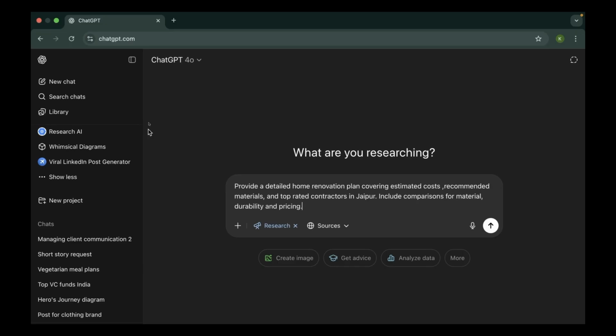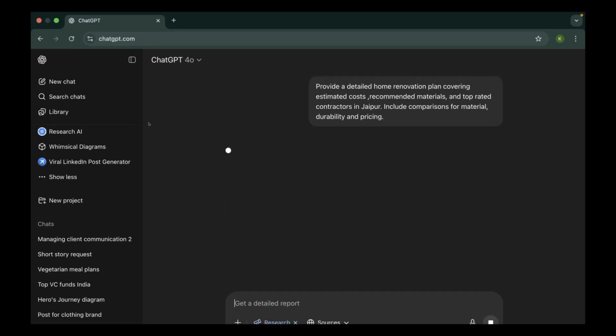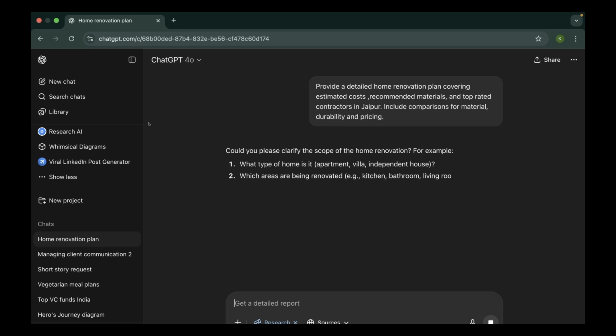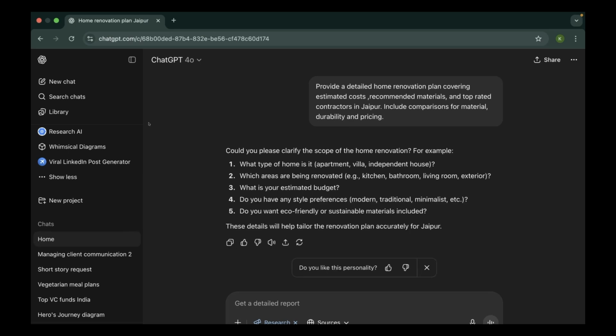Also, one more thing, that deep research takes a lot of time. It might be a few minutes or even more than half an hour. And it asks you questions as well. So let's actually see what the questions are. You need to give it proper context for it to run because again, it needs to know everything.